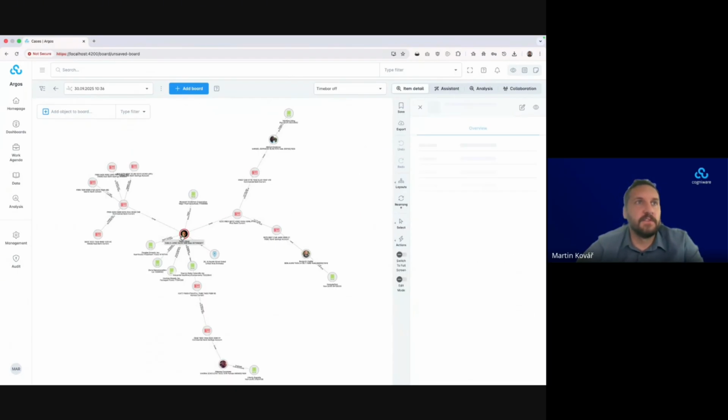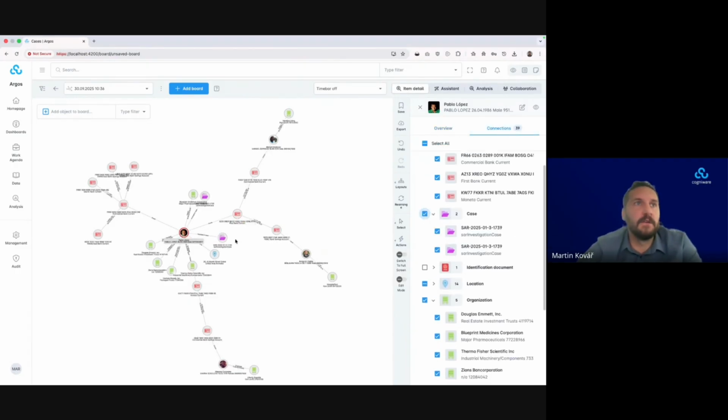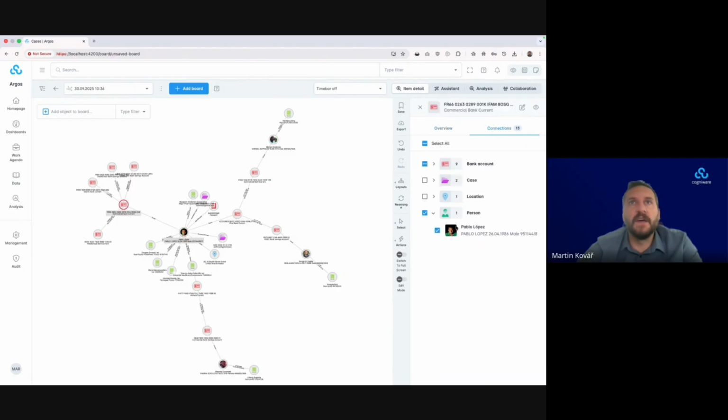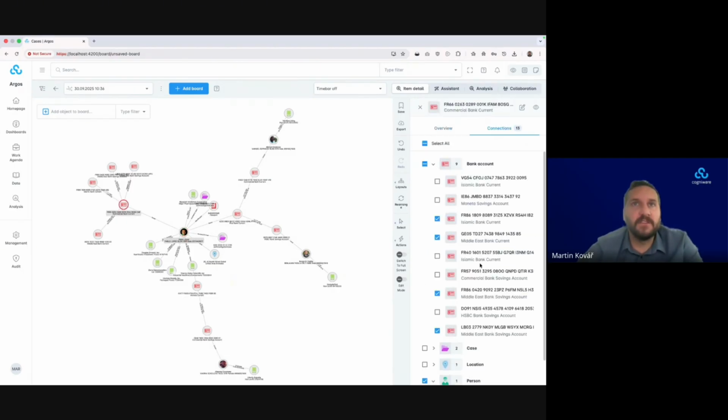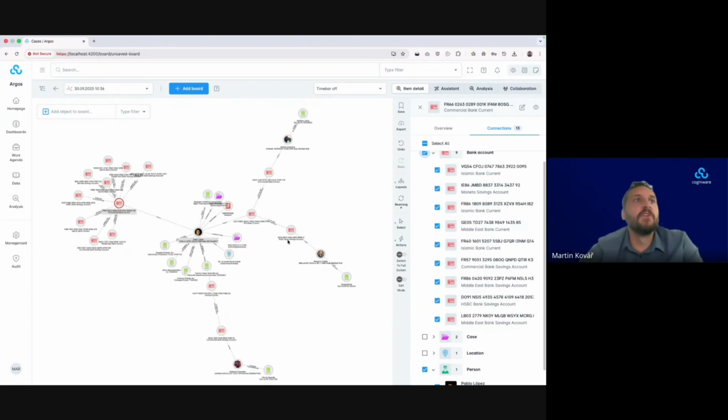Now, I can show you, for example, this person, and you can interactively explore the details that are related to that. So if you have a passport, you can go even further. If you have a bank account, there might be other bank transactions which are not reported in the STR, but you may have obtained them from the bank institutions itself. So you can continue.